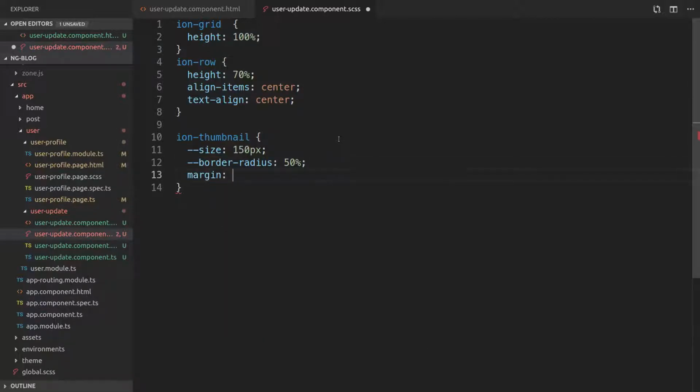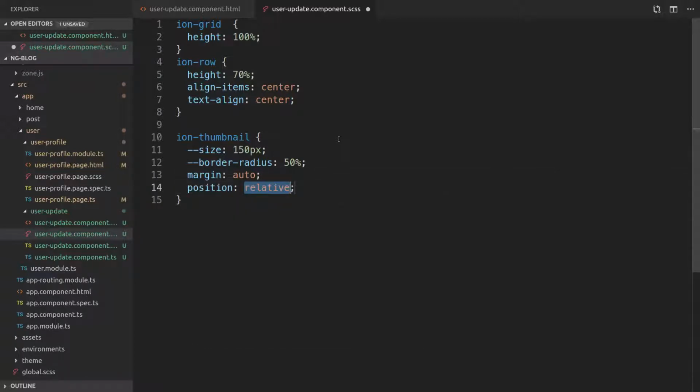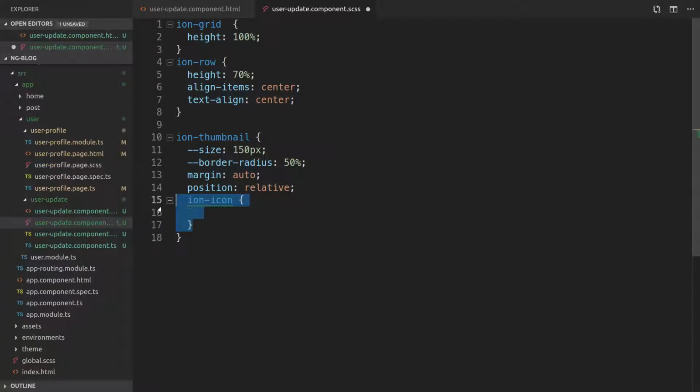Margin auto again. This is the same as we used before, but this time I'm going to use position relative because you need that to target the icon inside it. Now the Ion icon. I'm adding the Ion icon inside the thumbnail because we want to target only this icon here, so we don't mess up the other icons. So